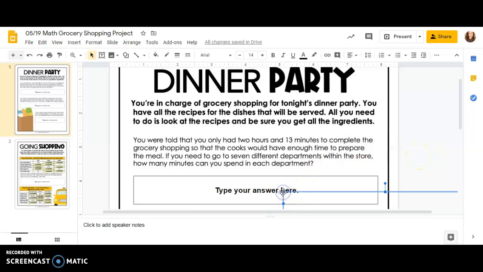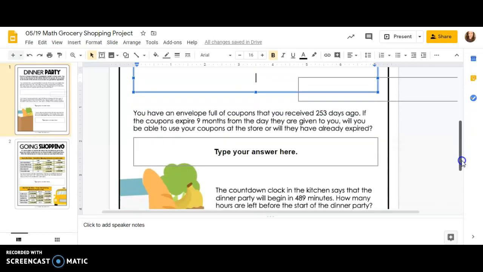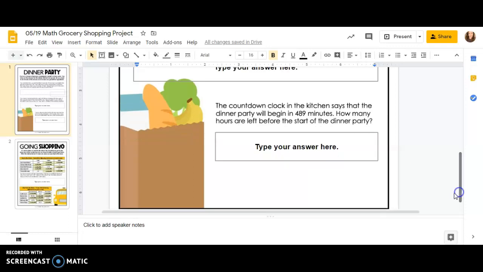And so all you have to do is make sure you click on the T, which is the text box. And then you can just delete that and then type your answer. So you would say however many minutes. Make sure you label. We have word problems here. So anyway, each problem that you will have, we'll say type your answer here. Makes it really obvious. So like I said, find that text box, and then that way you can actually type